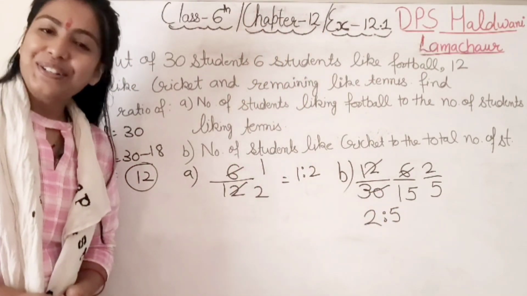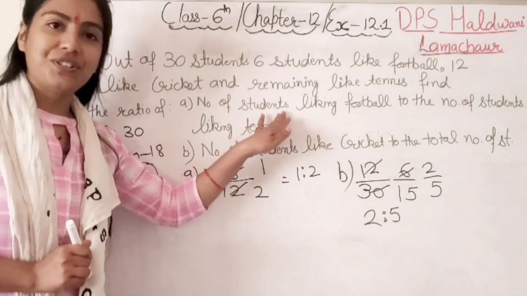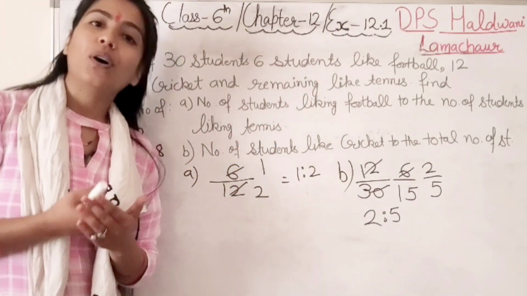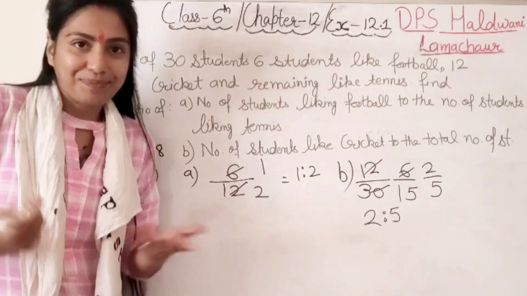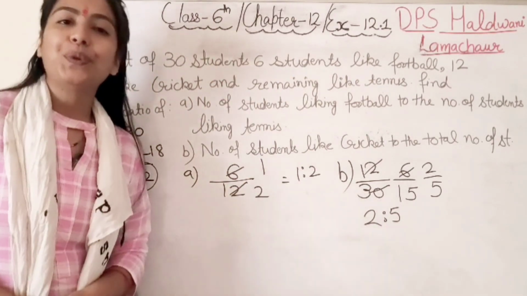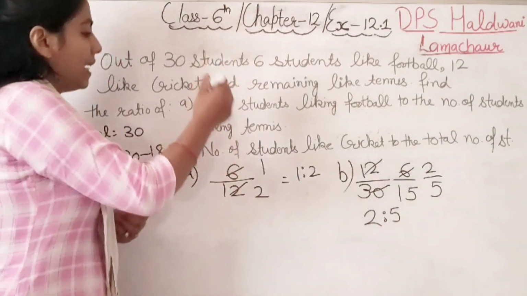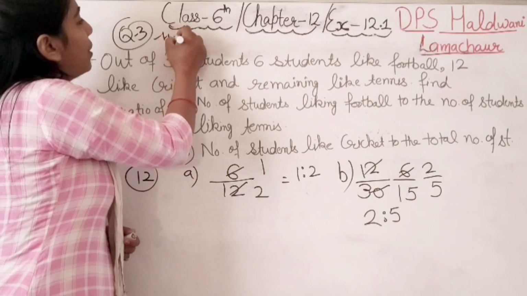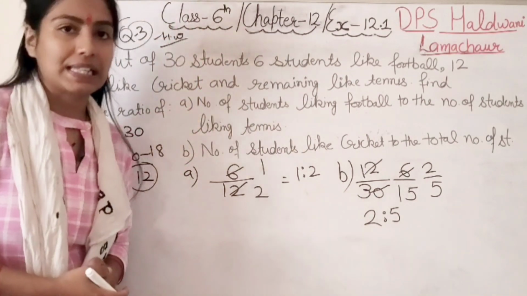That's it. Understood, student? Whatever the question is asking, you just write that down and convert into lowest term. Already we have the fraction term. So that's it. Very simple. So this was about question number 2. Question number 3 is homework for you. You can do it by yourself. It is again a very simple question.